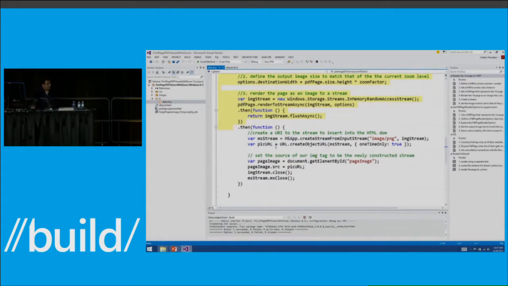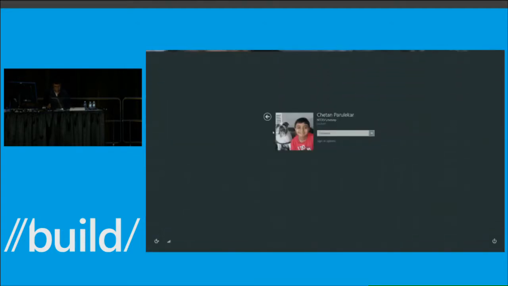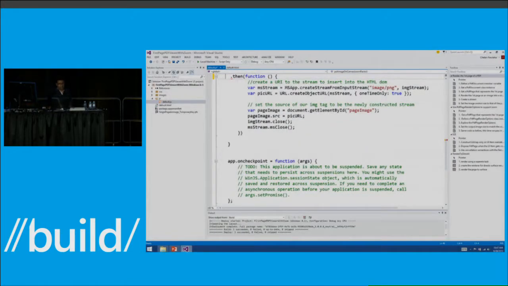This being JavaScript and HTML, for us to inject the stream into the DOM, we are using the MS stream and the create object to URL, and then finally setting it to our image element.